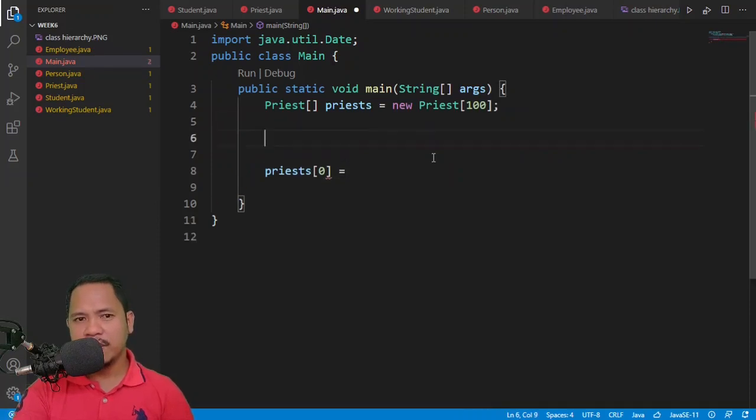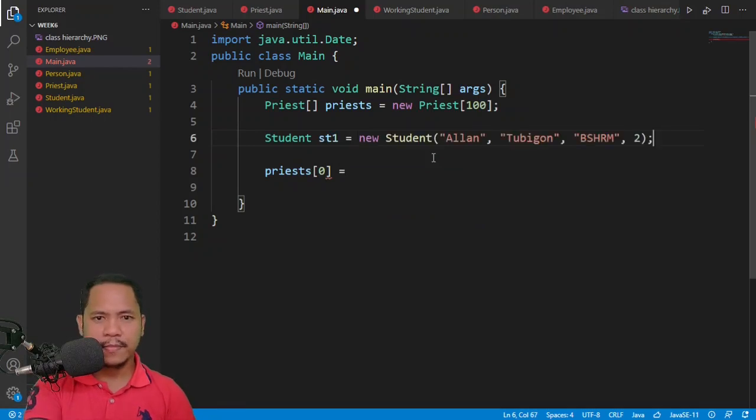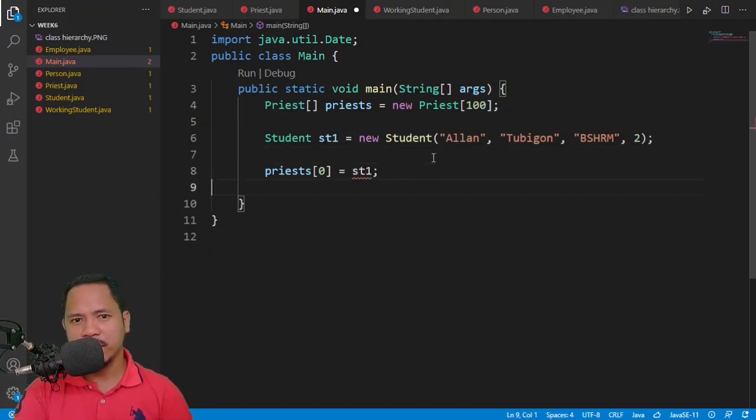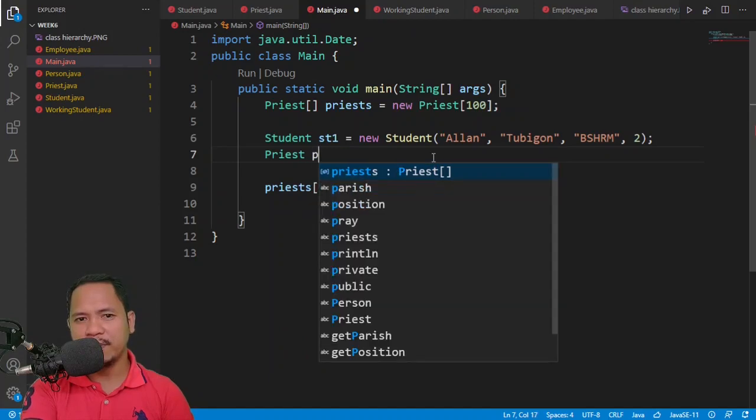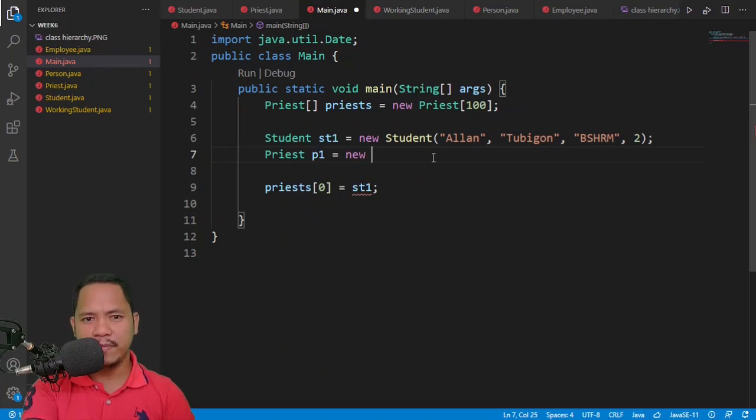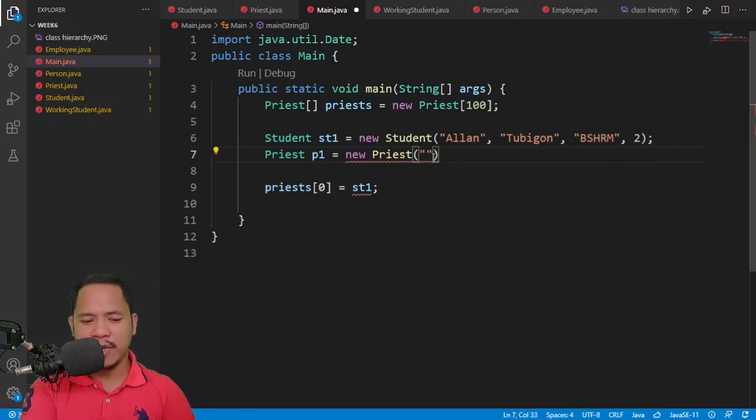So let's just put this into another student st1, like so. And you cannot do that as well. What you can do, however, is add a priest in there. So if we are going to define a priest, T1, and that priest's name is Buenafe of Cebu,